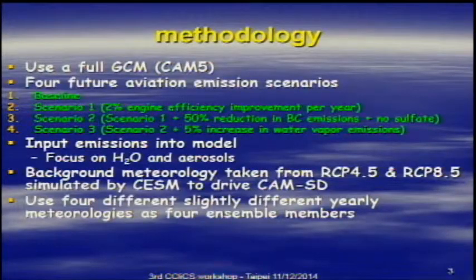Like I said, the focus is on the future, the 2050 emissions. So we use CAM5, and we got these aviation emissions inventories from the FAA. There are 4 scenarios based on population projection and economic growth projection. They come up with a so-called baseline emission. The second, so-called scenario 1, assumes from now on, per year, you gain 2% increasing engine efficiency. So you are going to burn less fuel, flying the same flight distance globally.